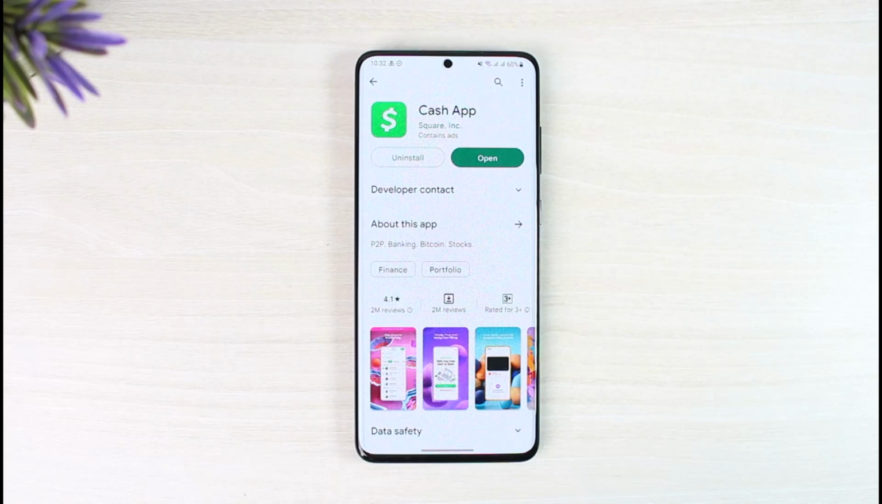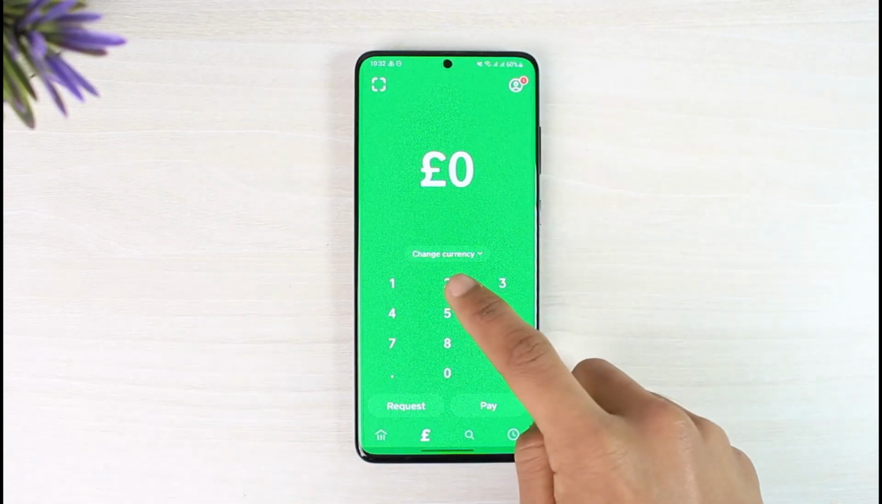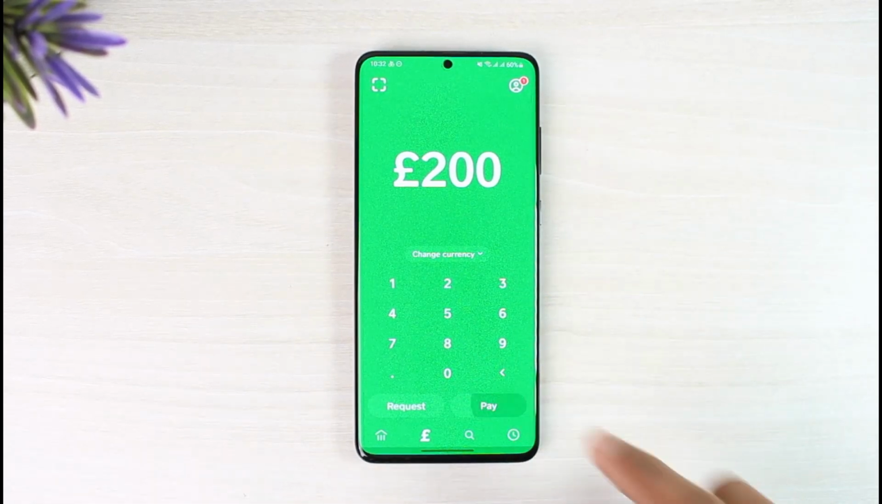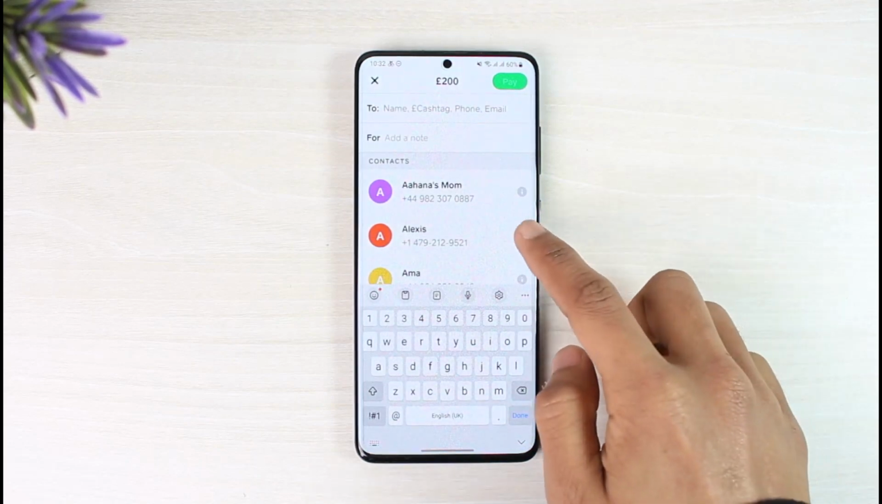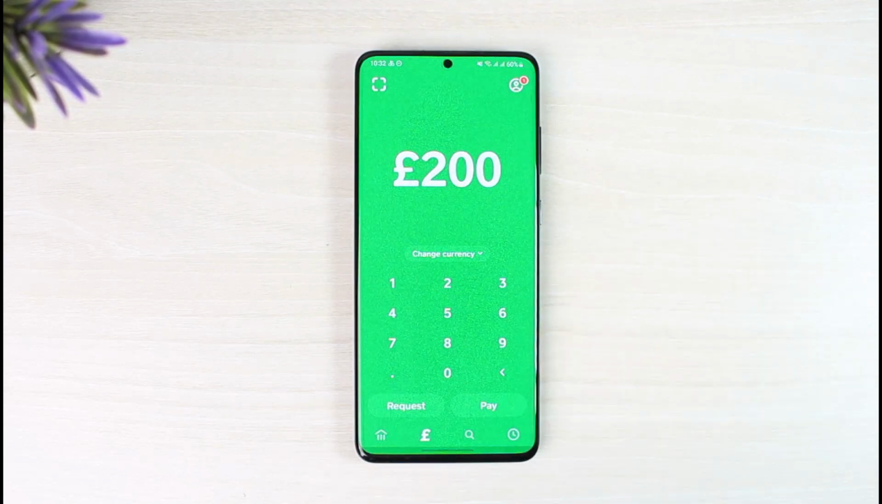Now maybe you open up the Cash App and try to make a specific transaction, and then you try to pay a specific person. But whenever you try to pay that person, it simply says that the payment has been declined for your transaction. The very first thing you have to understand is that Cash App does this to protect you